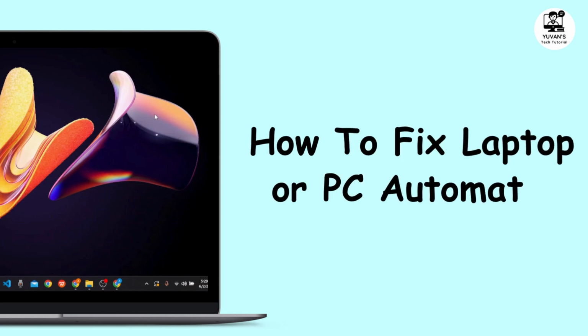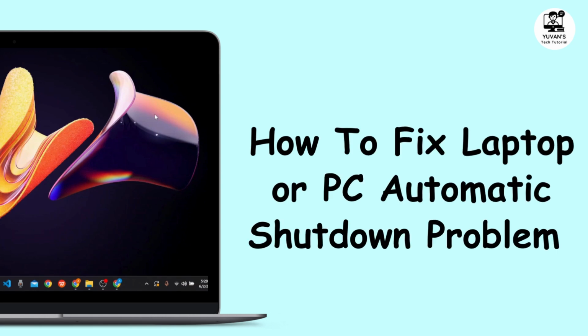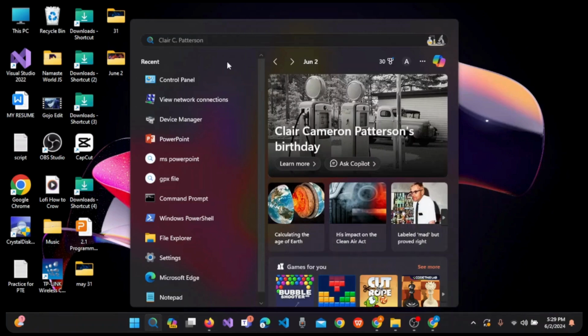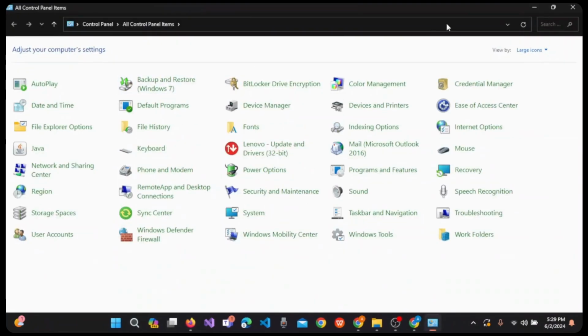In this video, I will show you how to fix laptop or PC automatic shutdown problem. First of all, open the search icon and search for control panel. Remember that these steps are applicable both on your Windows 11 or Windows 10. Now on this control panel items, you have to select power options